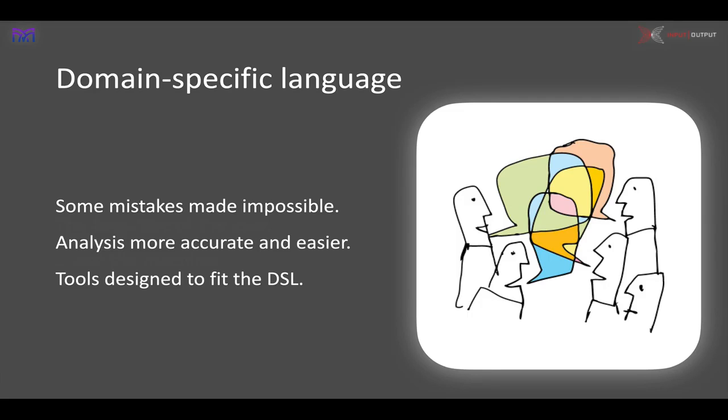But there are other advantages. It's not simply that we talk at a higher level. Simply because of the way we design the language, some mistakes can be rendered impossible. Because we can't, for example, think about doing something which has nothing to do with something financial. Because we've restricted the language, we restrict what people can write. So that's helpful. We can rule out some mistakes, but also we can then take the programs and analyze them in a much more powerful way, a much more accurate way than we could for a general blockchain